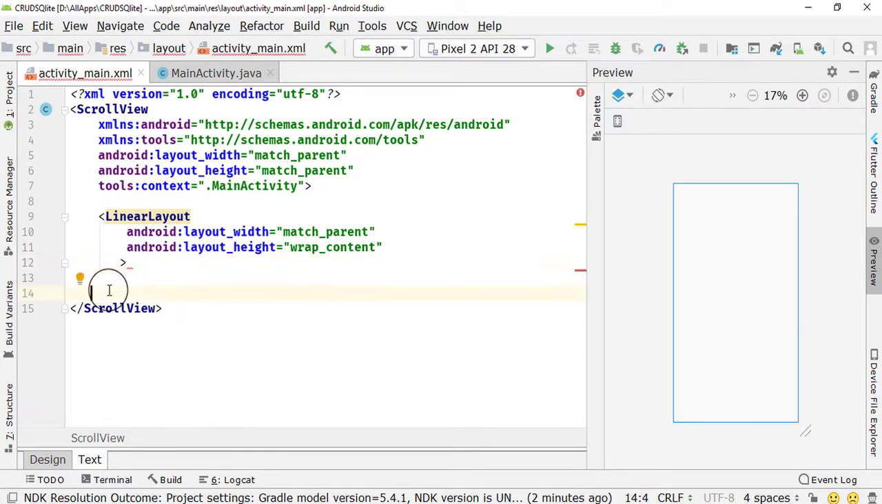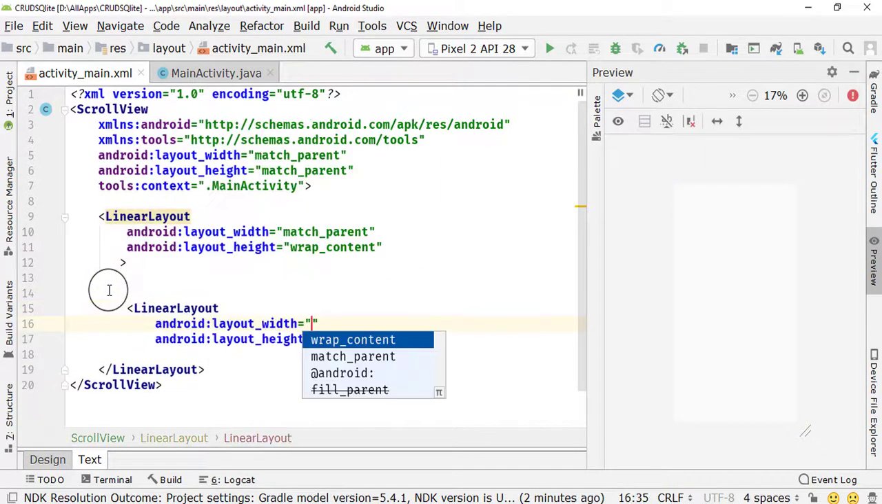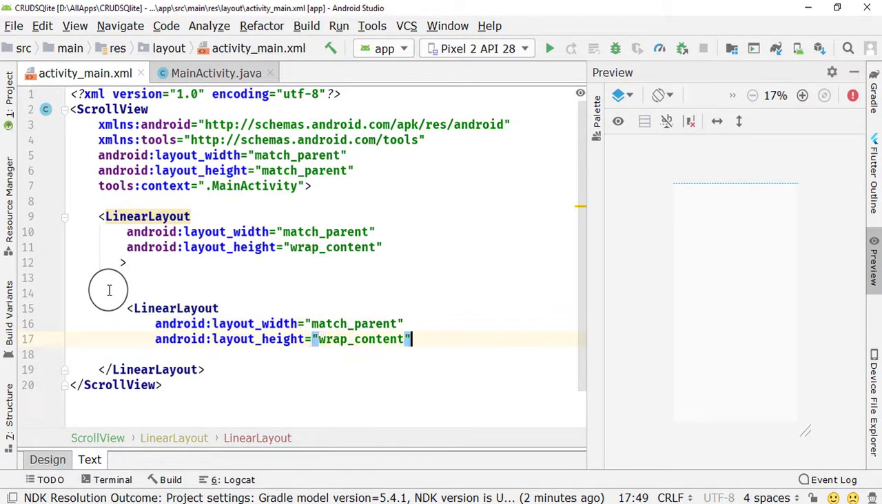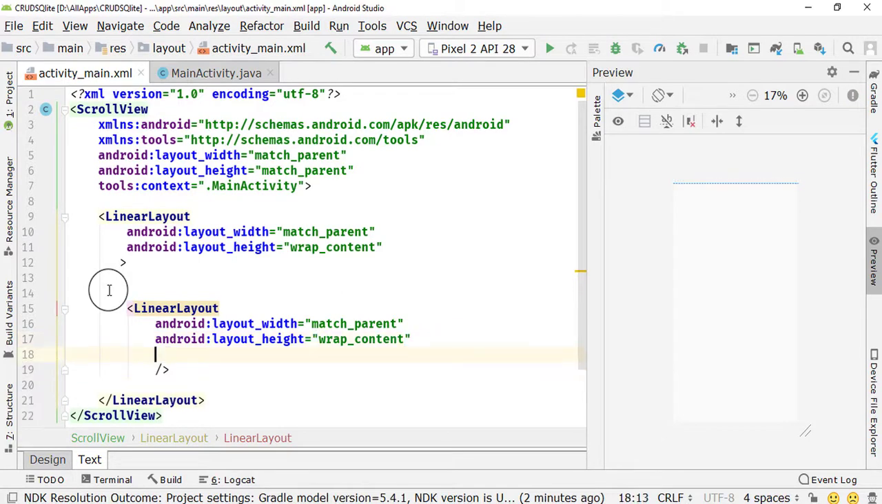I'm going to create a tag of linear layout, then I'm going to place the content inside this linear layout. So type it again, a linear layout, and the width is going to be match parent and the height is going to be wrap content. Then we need to specify the orientation for this linear layout. The orientation is going to be horizontal, and inside of this linear layout I'm going to place two edit texts. I'm going to type it here,